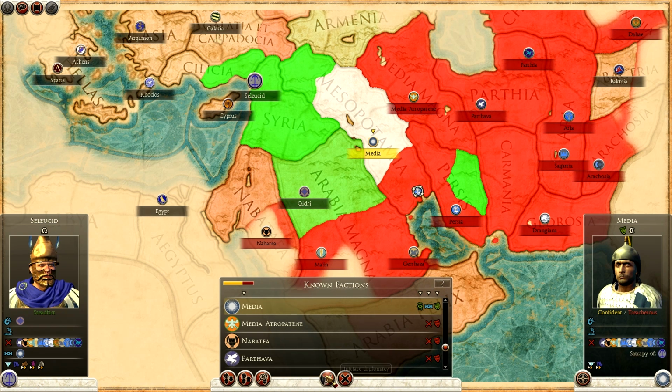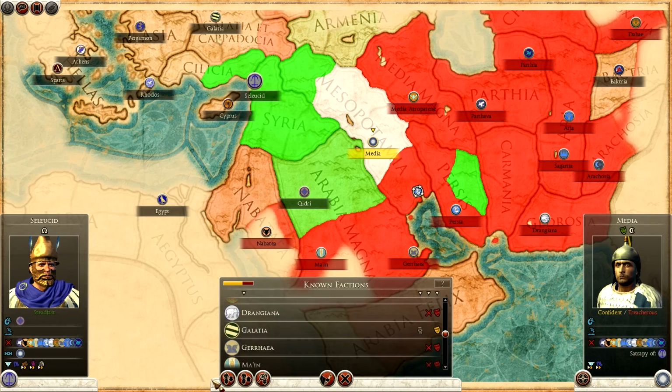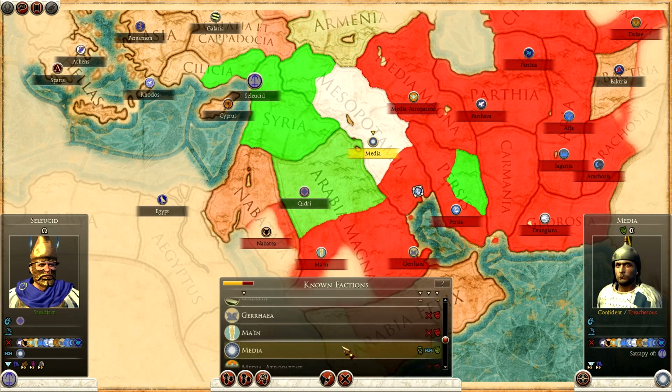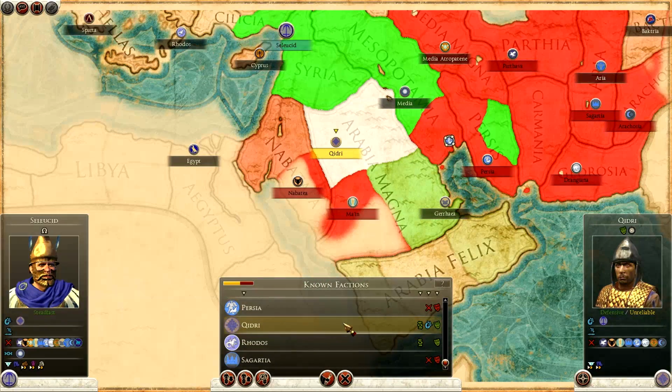Come on. Do it. Yeah, so set your war target, and then I have... Where's my other ally here? Yeah, they have their war target. No, I told you to go...